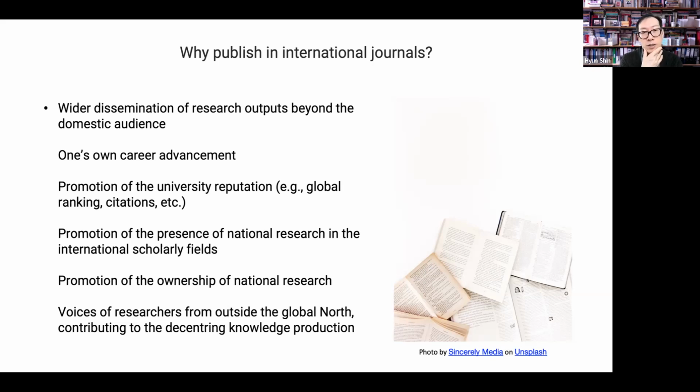Promoting the presence of national research in the international scholarly field is probably something I would emphasize to be very important. Also, a connected issue is the promotion of the ownership of national research. These are very important from my point of view, largely because there's the demand for having the voices of researchers from outside the global north to be heard in the international scholarly field, which is to contribute to the decentering